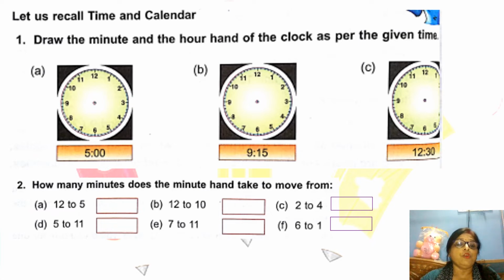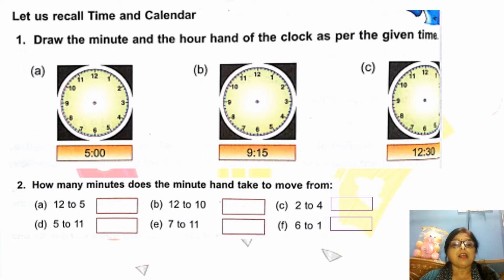So one long hand and one short hand will be here, and then you point out the digit and show the time. Again at 9:15, in the same way you will draw the hands and show the time, and then 12:30. You will draw it in your copy and then show the time. Next question, how many minutes does the minute hand take to move from